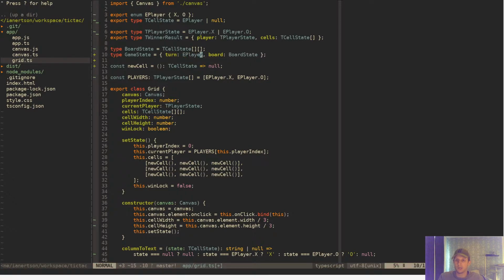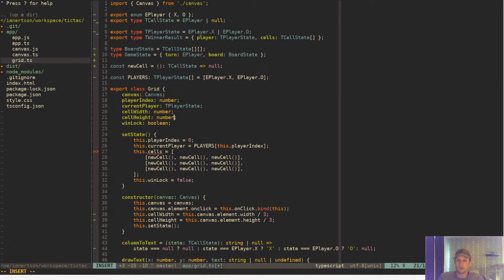Okay, and then we could remove the, I think we can remove the cells, and we could do